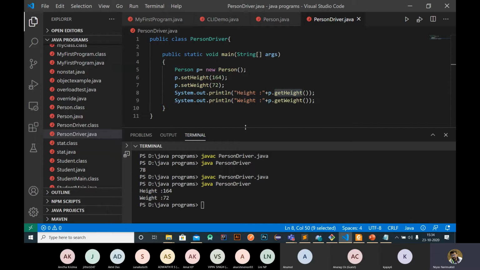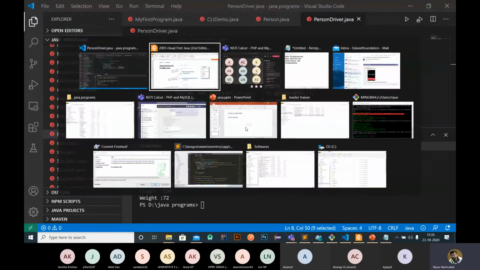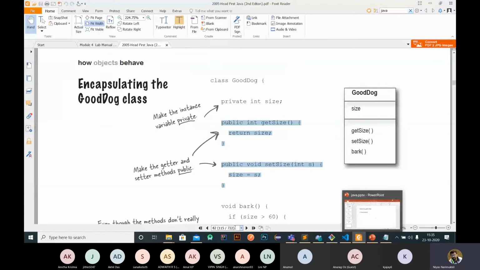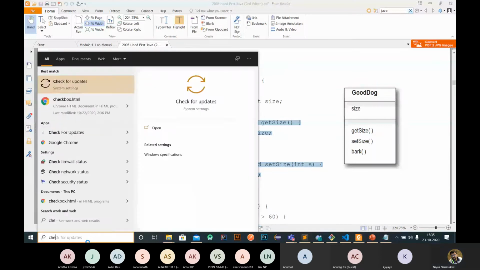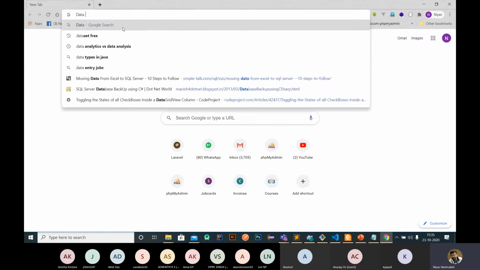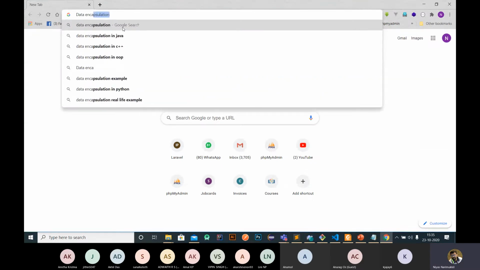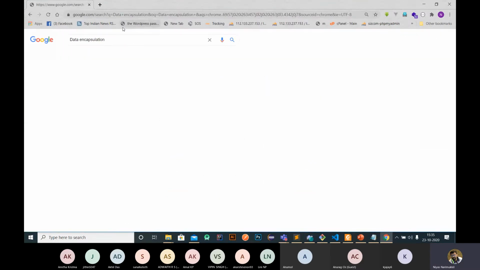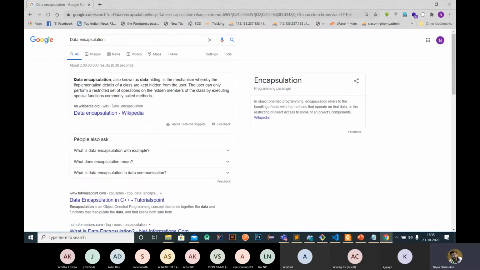So data encapsulation has another name called data hiding. If you want, just get a definition from the internet.